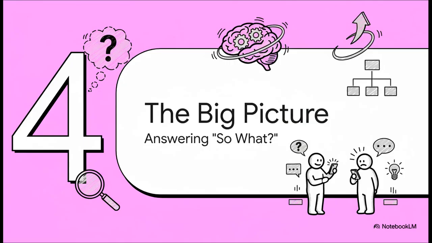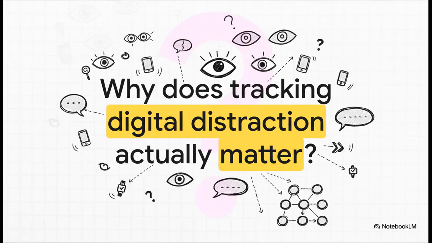It's this kind of precision that separates casual observation from credible research. All right, we've presented the data in the results section. Now for the really important parts, the discussion and the conclusion. This is where we finally get to answer that big question, so what? This is where you connect your specific observations to the bigger picture.